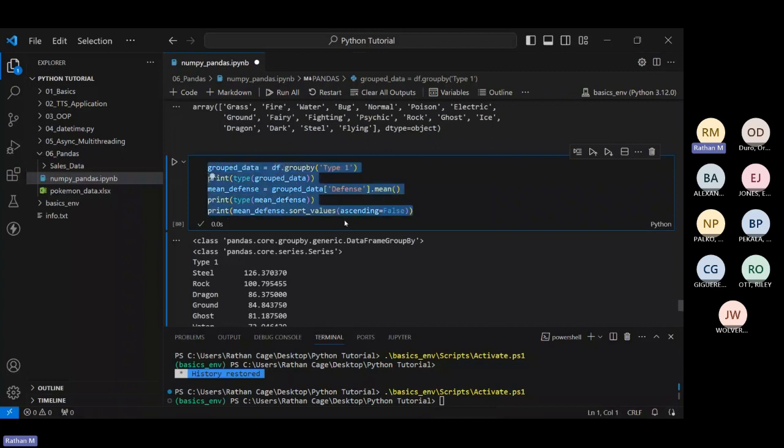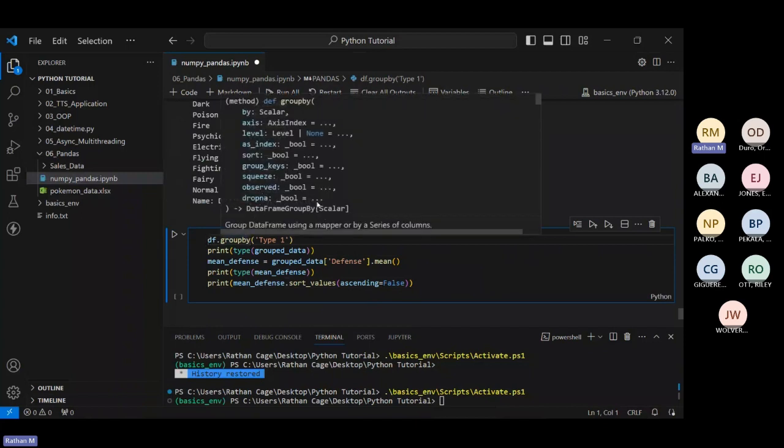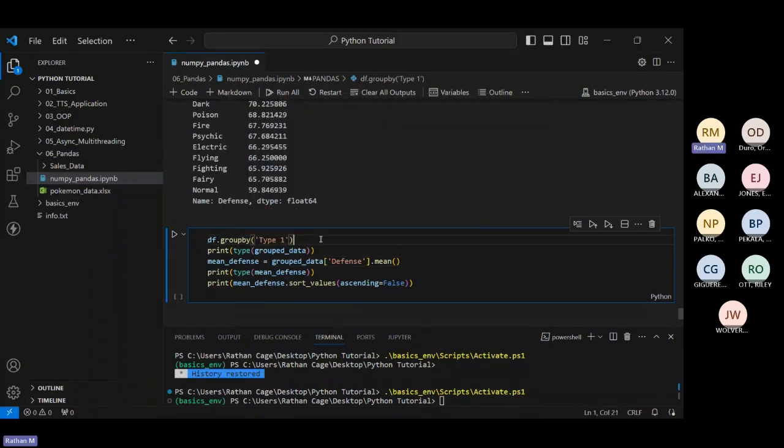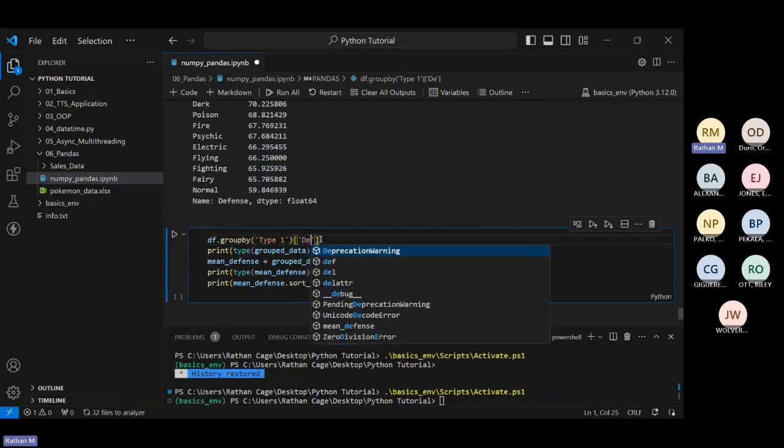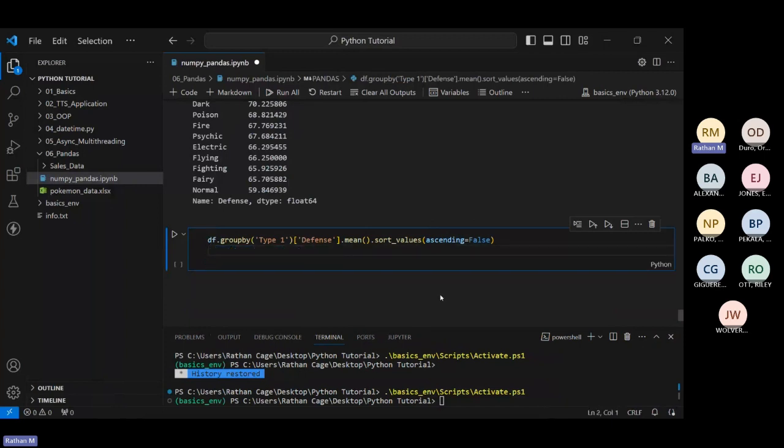You can run this, or you can perform this whole operation in one line as well, and I'll show you how to do it. We are grouping by type 1 first. The moment we have grouped by type 1, immediately we are then calculating in this group data. I need to take defense and I need to find the mean of this defense. After I calculate the mean of this defense, I'll get a series to which I then need to apply sort values, which we are doing here. You can do this entire operation in one single line like this. And this is when the first time you look at